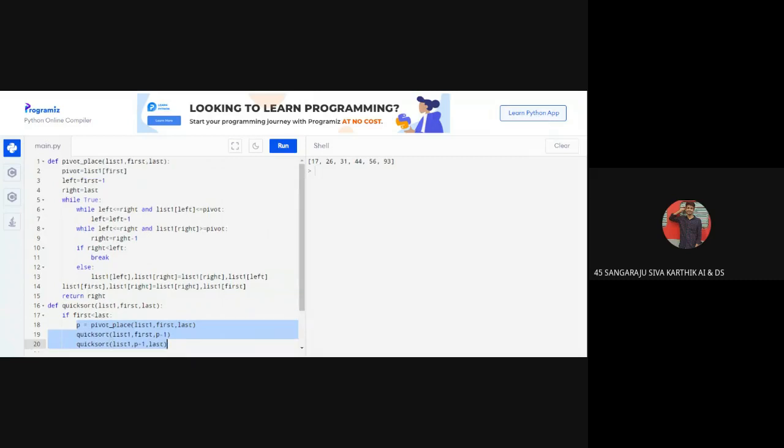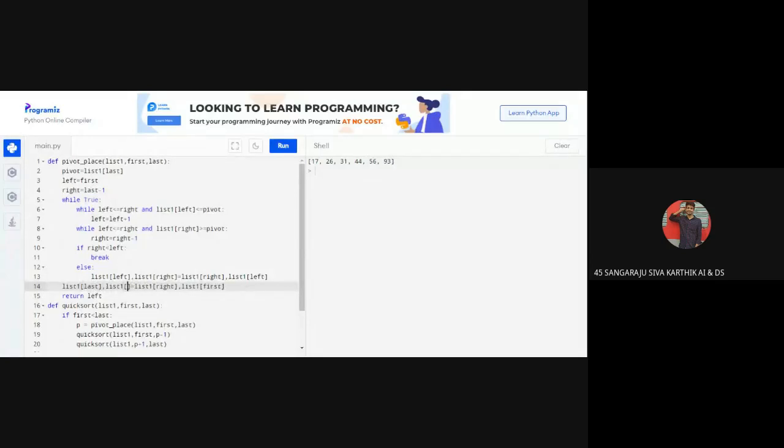If we are considering last as my pivot value, then there are simple changes in this program. We are assuming last as my pivot value, then this will change. It will take first and it will take last minus one. And we are swapping the left element in the list with the last element. Since we are considering last as my pivot value, we want to give last here and swap with the left.